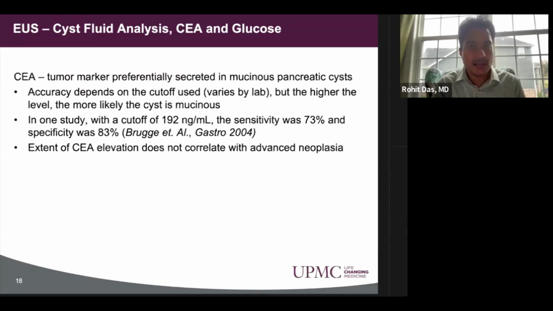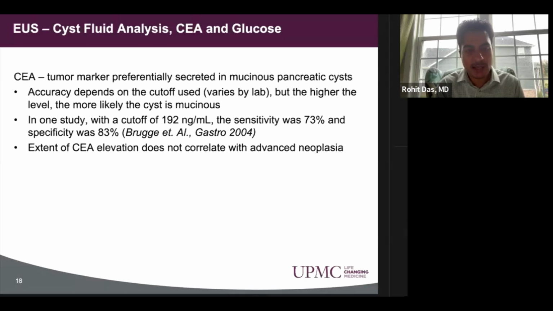CEA is the tumor marker that is preferentially secreted in mucinous pancreatic cysts. The accuracy of this test really depends on the cutoff that's used, which varies by laboratory, but the higher the level, the more likely the cyst is mucinous. So in one study that was published in 2004, which goes to show how long this test has been around, and